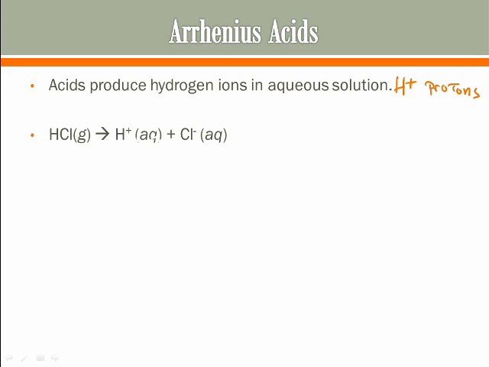So example here, we have hydrogen chloride as the gas. It will dissociate into hydrogen ions and chloride ions, and you can see the charges there. That's why it can conduct electricity. Now, as we said before, hydrogen chloride is the gas, but once it's in water, or an aqueous solution, it's an acid, hydrochloric acid, because now we have these free protons there